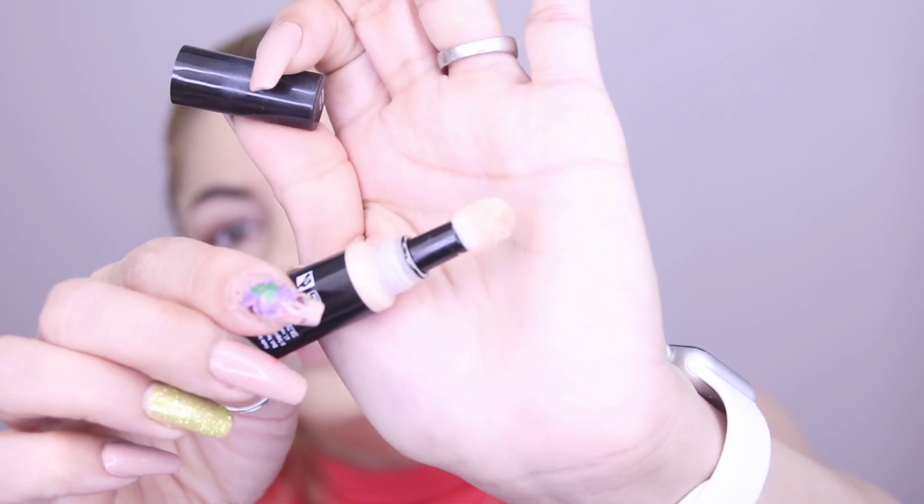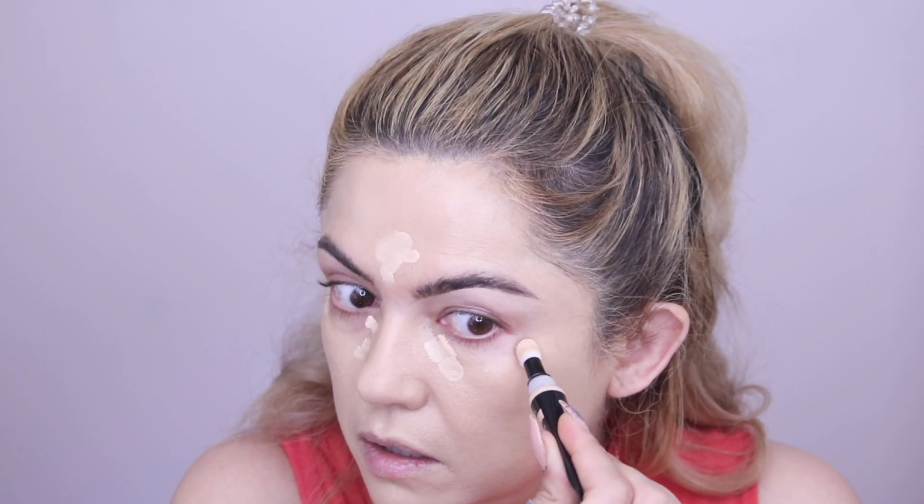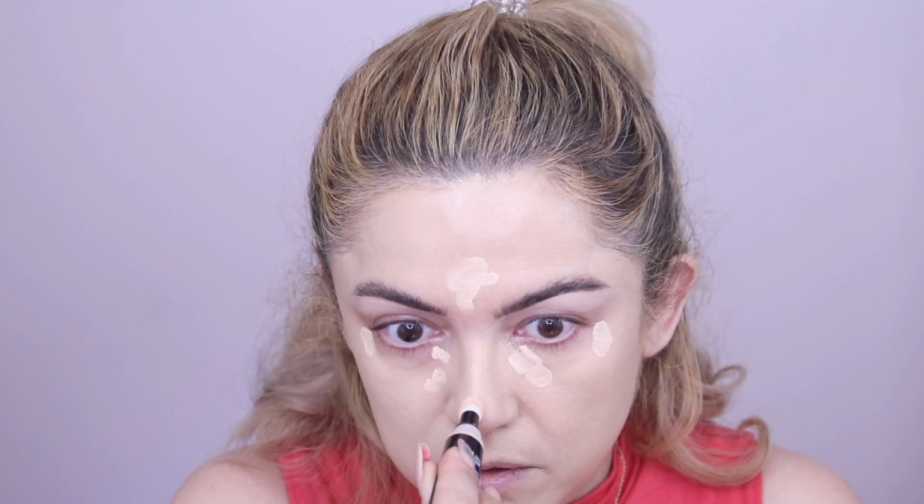To go with it, I got the Born to Glow NYX concealer, and this is also a radiant concealer. So it comes with this little sponge, and I got the color Vanilla. So you kind of have to press it out through here for it to come through the sponge, and it's kind of got that same sponge as the Age Rewind, and then right here, right there, down the nose. So we'll see what kind of